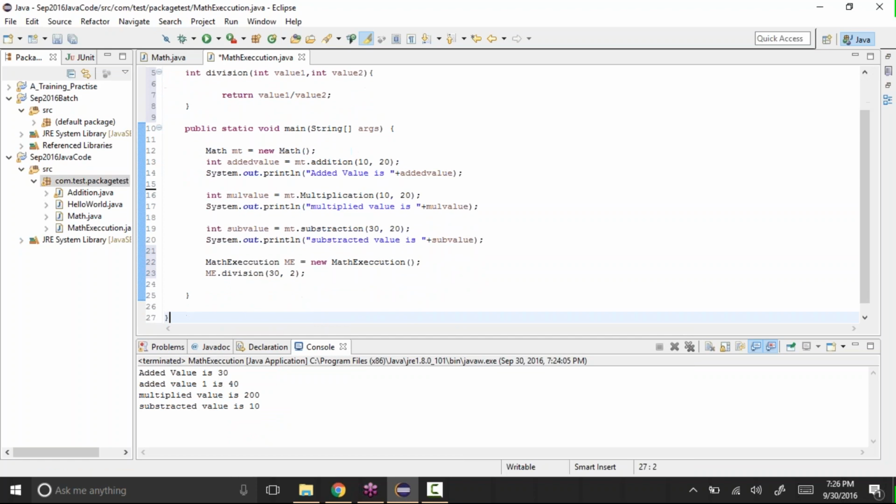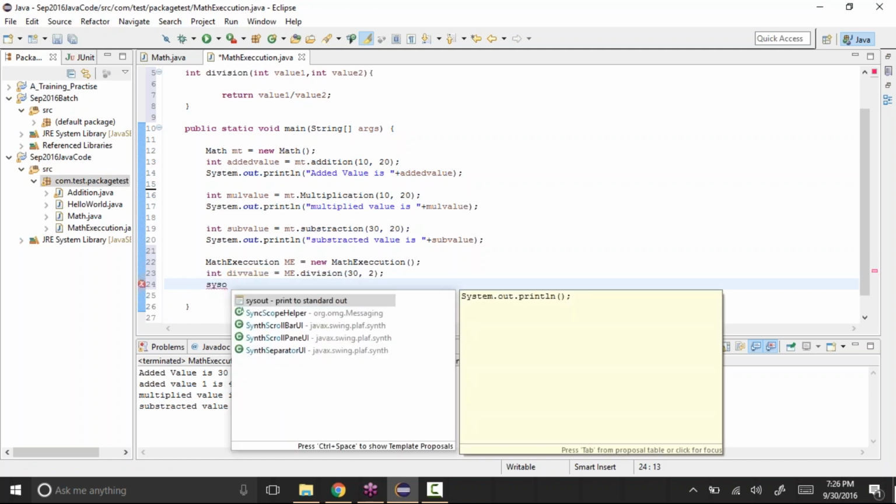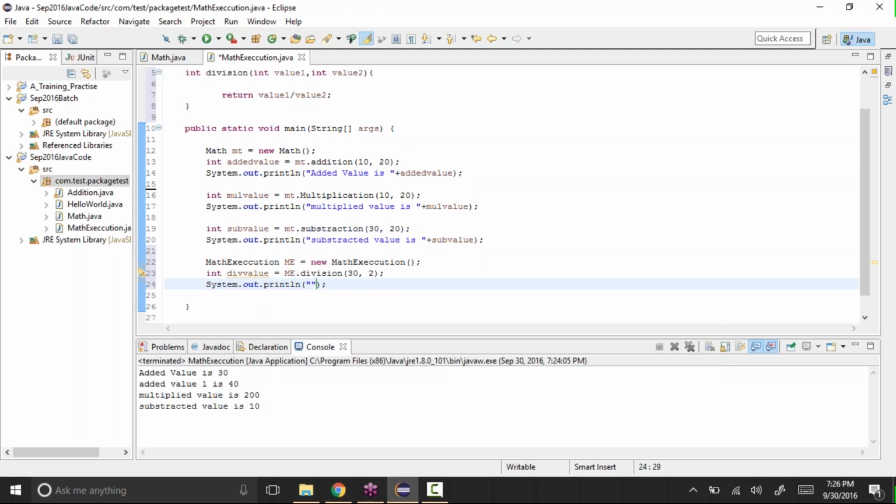That will return a value. So let's store it in a variable, int div value equal to this, and control space print value, let's say divided value is plus this div value, like this.